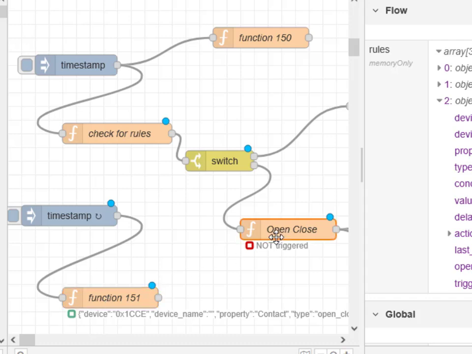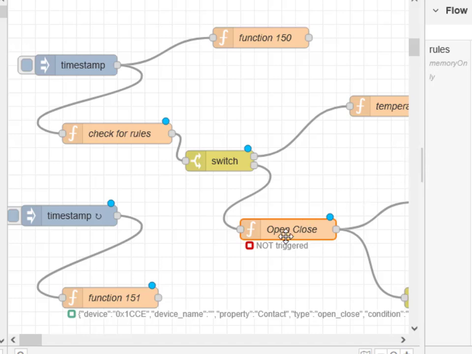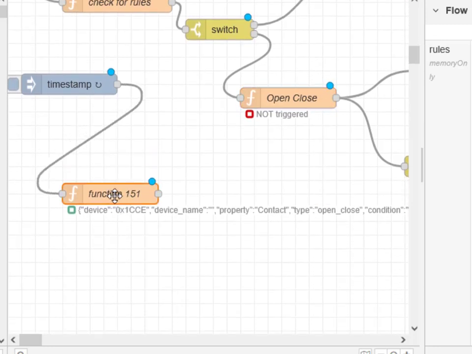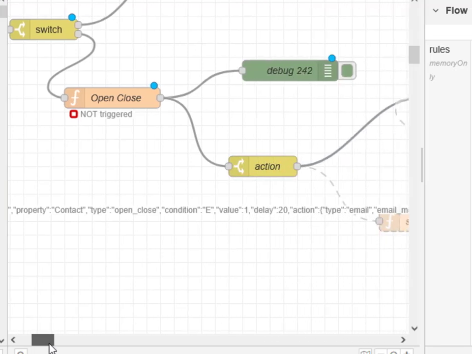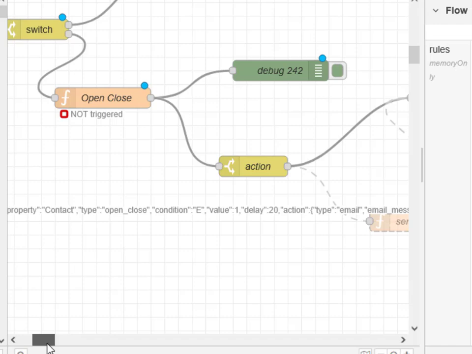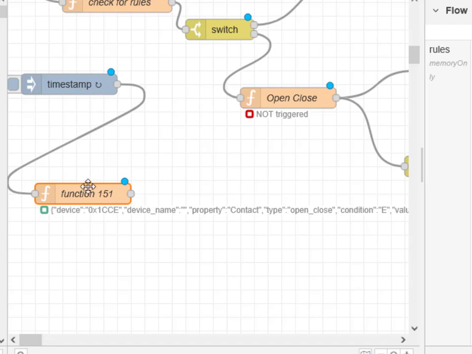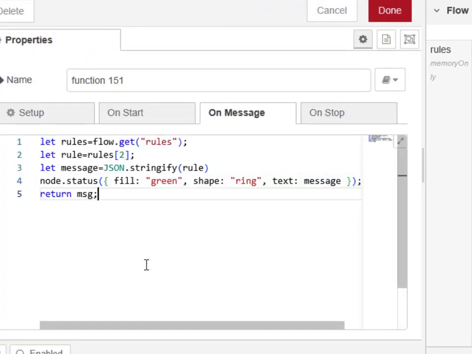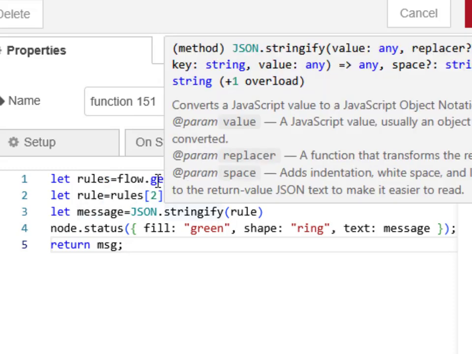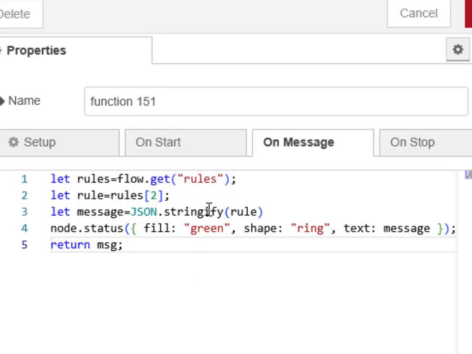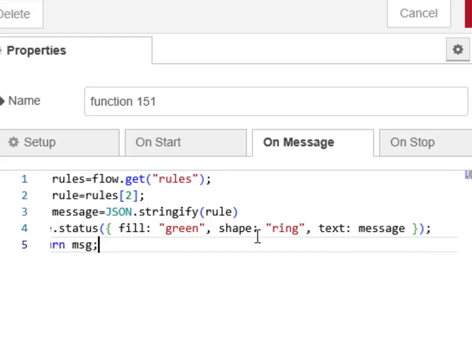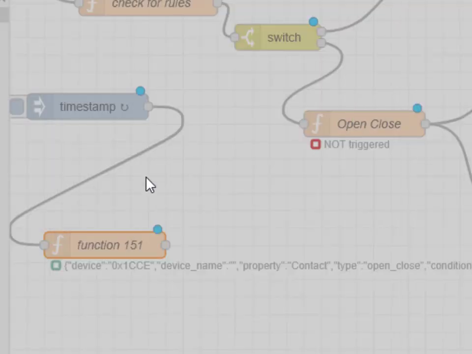Now this is where it's going to get changed in this function node here, so it's ideal to put the actual logic in here as well. I could create an extra function node, which I've done here, and it's displaying the entire object. You can see it here. You can see it's quite a long thing here. It's displaying all of this, and all I'm doing here is injecting that every second. And you can see here I'm picking up the rules, and I'm stringifying the rule and displaying it here in the message. Probably seen all that type of thing before, but so